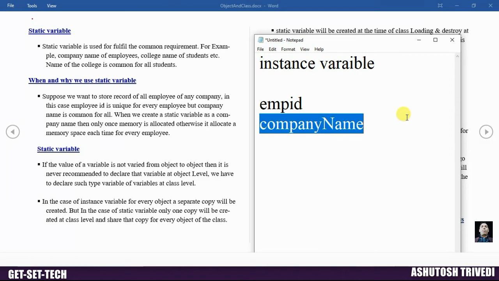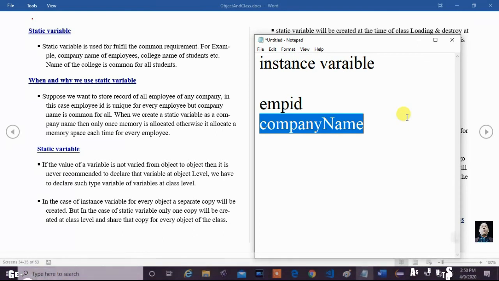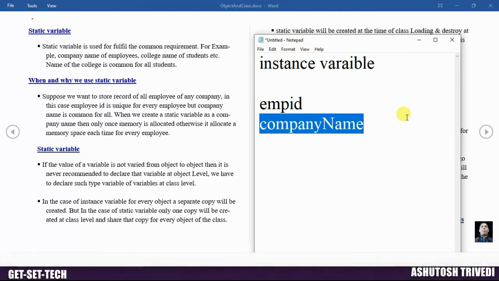But the information maintained by the company name variable is common for all objects of a class. If the information is common, why should we create a number of copies? If the information is common, then we can maintain a single copy and share that copy with all objects of that class.